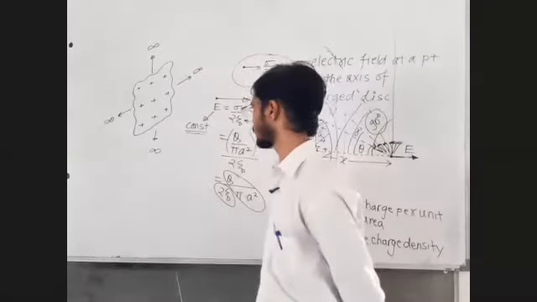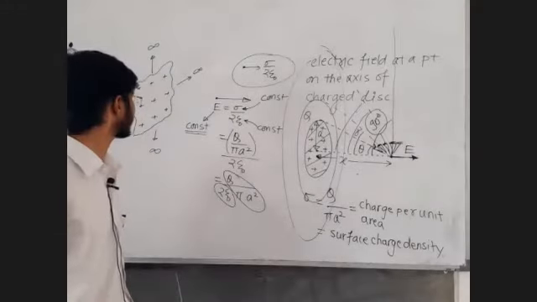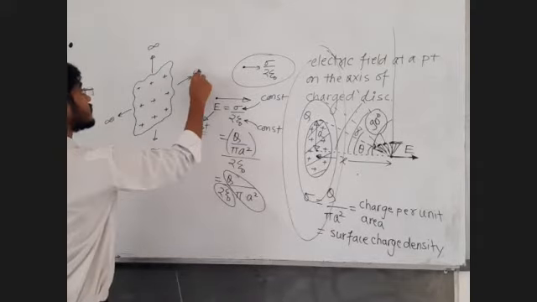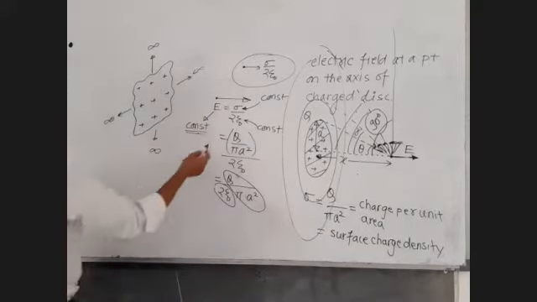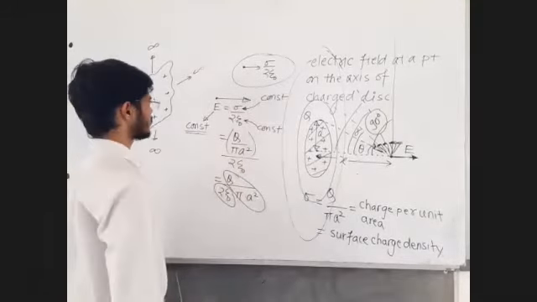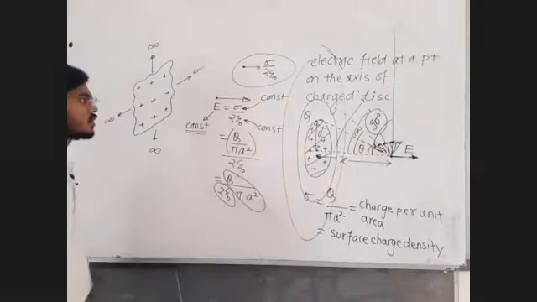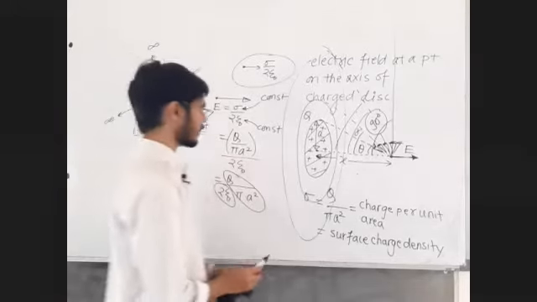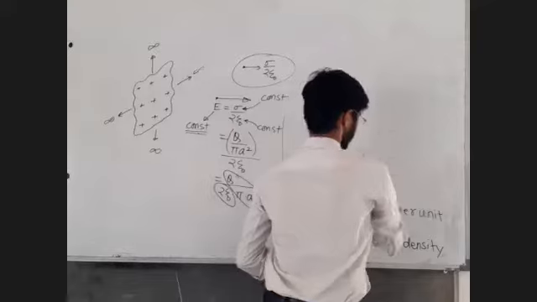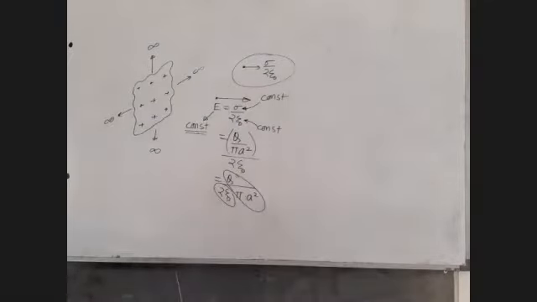Something new we came to know. If it's an infinite sheet, the shape will not matter now. So I just drew a randomly shaped sheet. It extends to infinity in all directions, and at any point the formula says sigma upon 2 epsilon 0. Sigma, charge per unit area, is a constant value, and 2 epsilon 0 is a constant value. So the electric field at any point is going to be a constant value. Okay sir, fine, agree. Next. Let us see what the next point is.